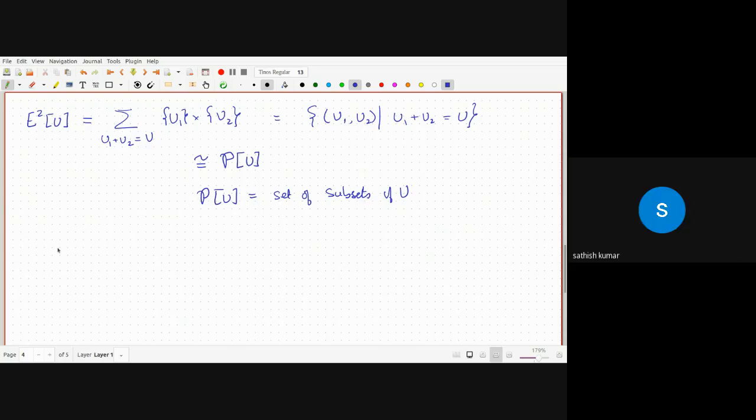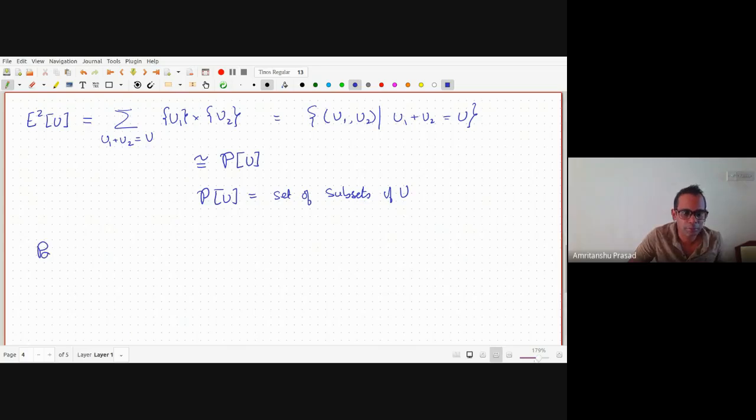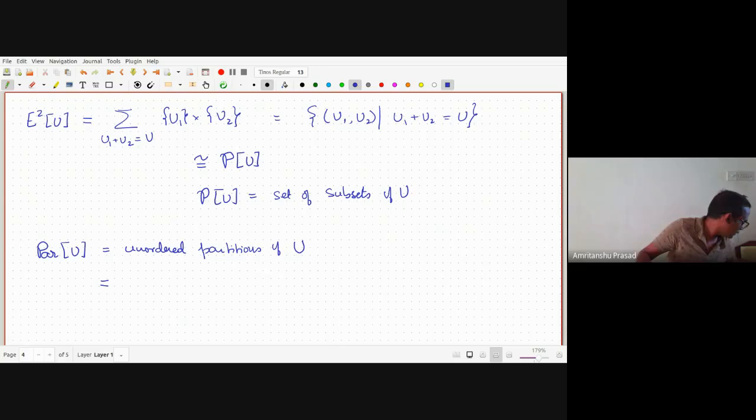Yes. Okay, one more I'll do. The species of partitions. So this is the species of unordered partitions. By unordered, I mean the parts are not ordered. So you can think of this as equivalence relations on U. Maybe, sorry, this is not what I wanted. This is an example of something else. I'll come to this later.